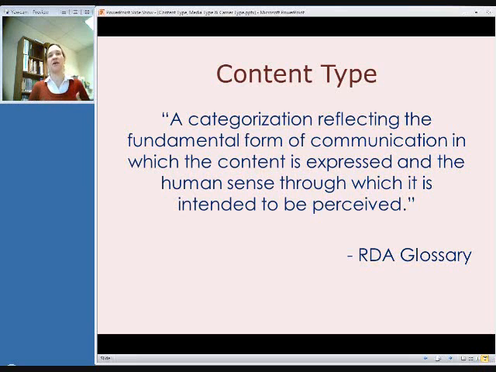So, all books are text, whether they're ebooks or actual physical books. And in our case, for video recordings, all video recordings pretty much belong to the same content type, regardless of their physical carriers.